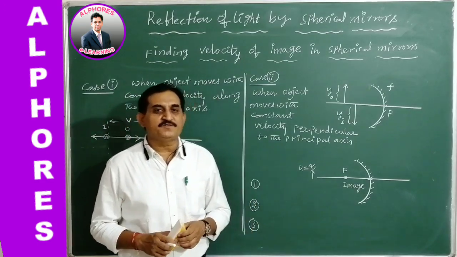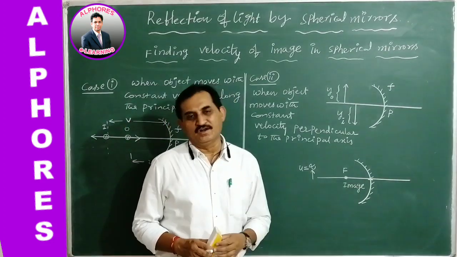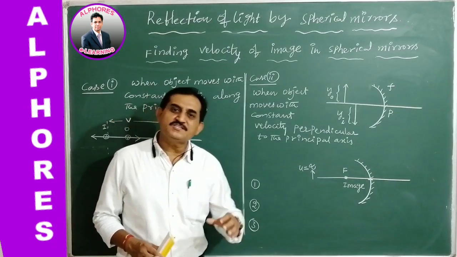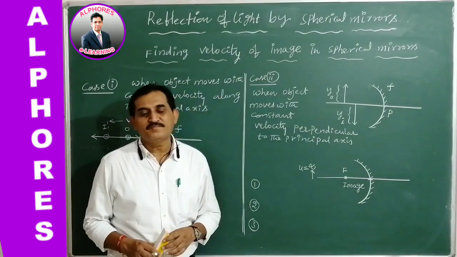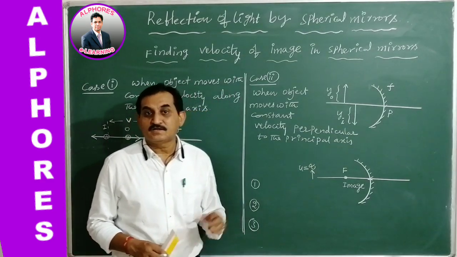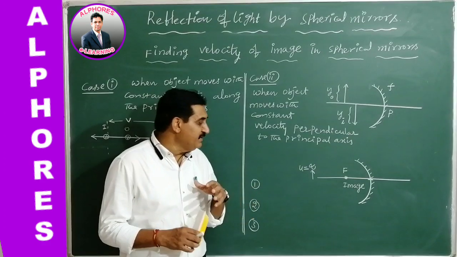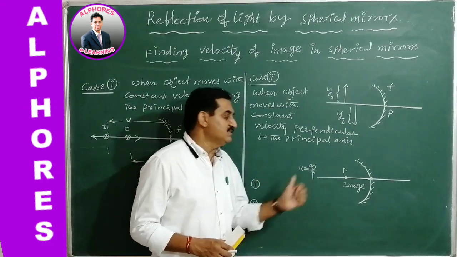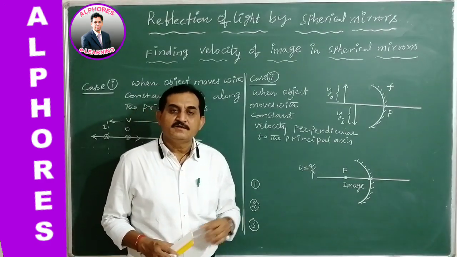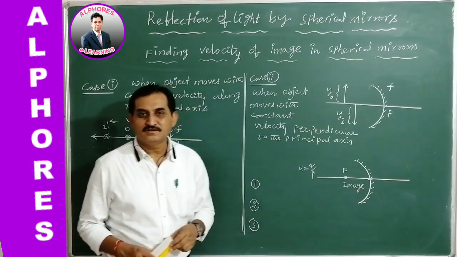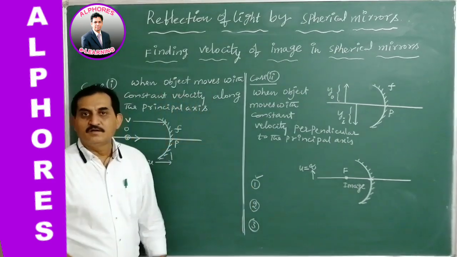When the image is formed at the focus point, we know its size is extremely small. Which one? The image. So where is it formed? At the focus point corresponding to the object at infinity. So simply we can say when the object is at infinity, its corresponding image is formed at the focus point, which is point size, extremely small in size. This is a simple point.